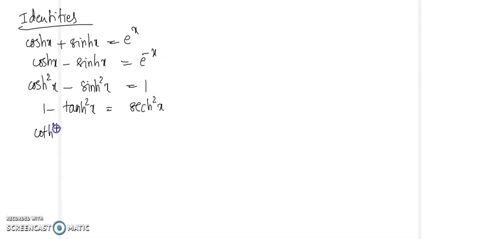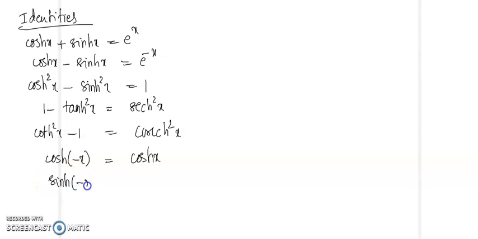Then coth square x minus 1 is equal to cosech square x. And when you take cosh of minus x, that will be equal to cosh x. So we have already seen it is an even function. And when you take sinh of minus x, it will be equal to minus sinh x. And similar to the addition rule,